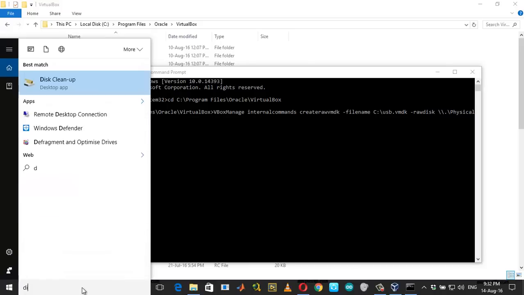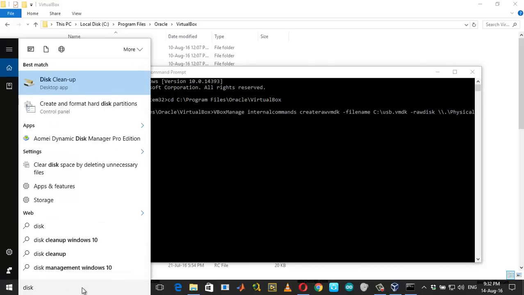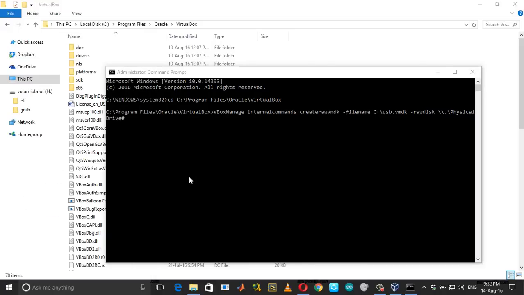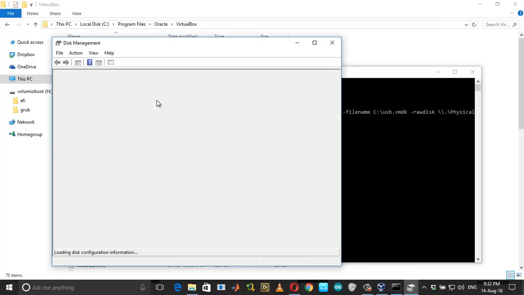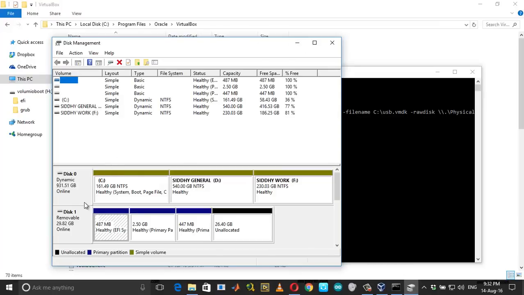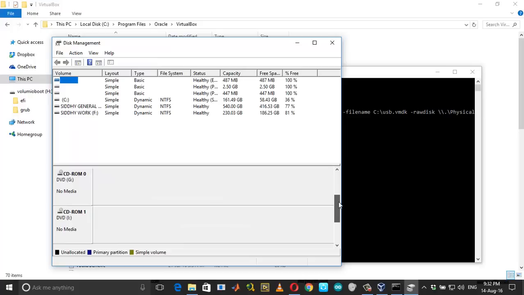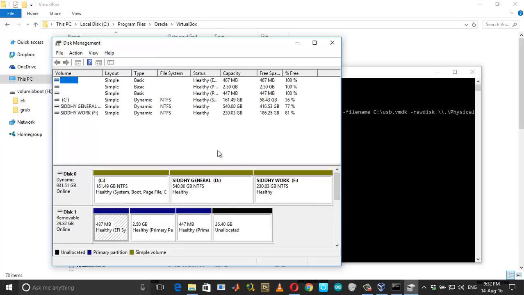Just open the disk manager in order to know the drive number of your USB. If you see here, disk 0 is my hard disk and disk 1 is my pen drive, which has the image of Volumio.